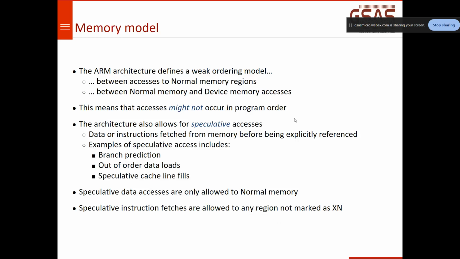So why are we talking about barrier instructions and why does the memory model come into the picture? ARM architecture has a very weak ordering model. What does that mean? It has a weak memory model in the sense of any access we do to the memory. As you know, ARM is a load store architecture, so the processor cannot directly